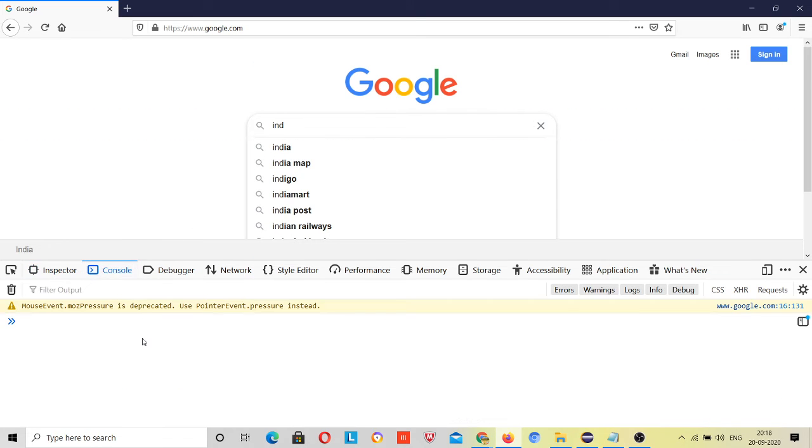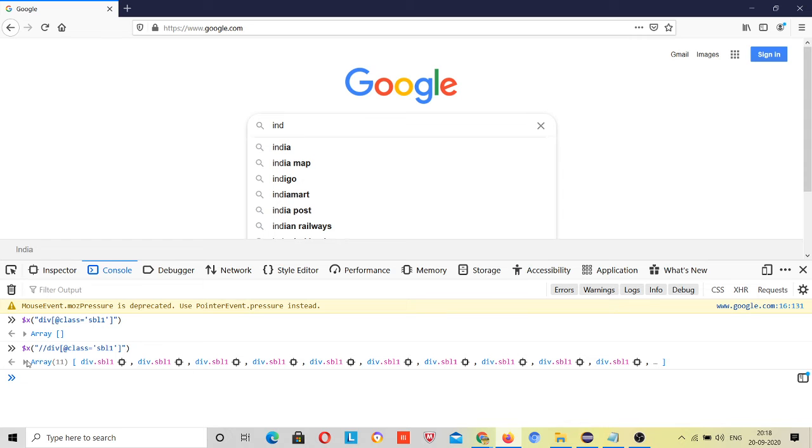You don't need to inspect, directly use $X and double slash, at the rate class is equal to s. Click on enter. Oh, double slash I have not used, that's why it's giving doubles. Now it shows 11 elements.